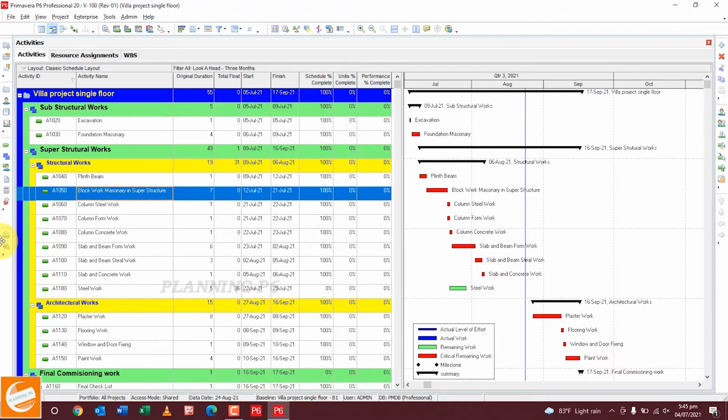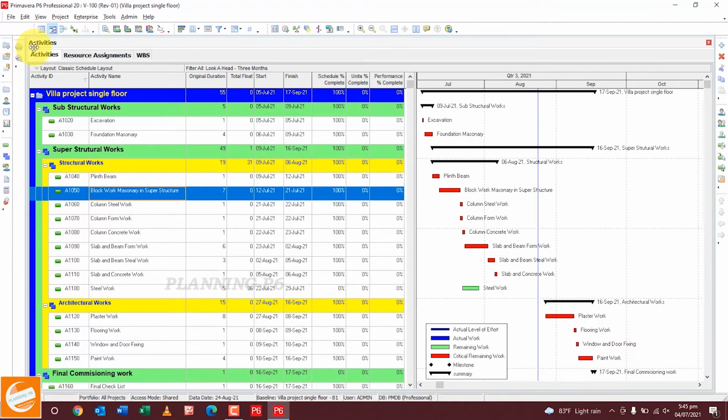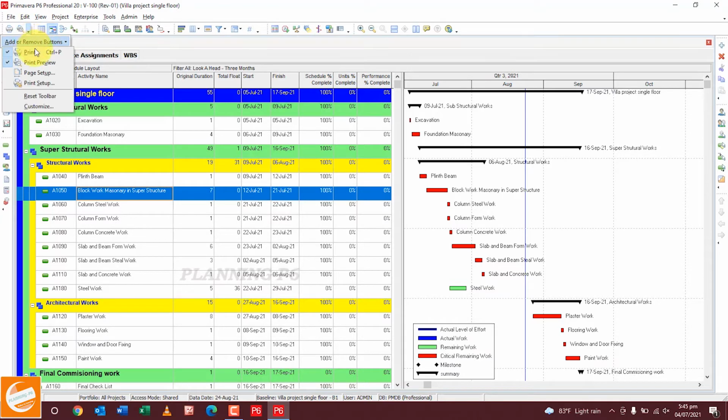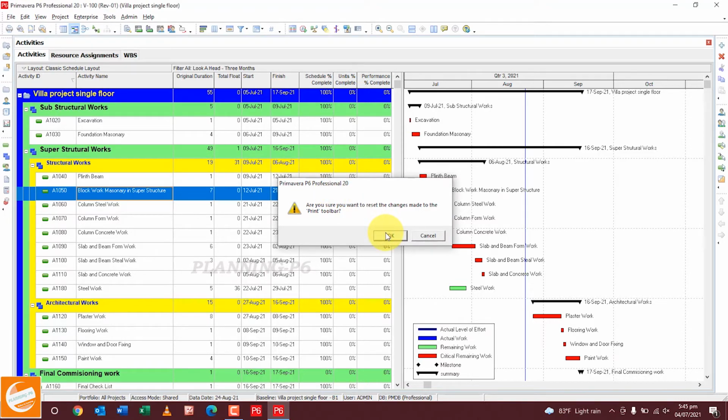You can move from top to the left side bar and then another bar, and again here. And for the print bar, if you want to add more about the print, just go to the more button. With the same procedure, add or remove. You can add or remove page setup and print setup. And if you want, as normal, you can reset.